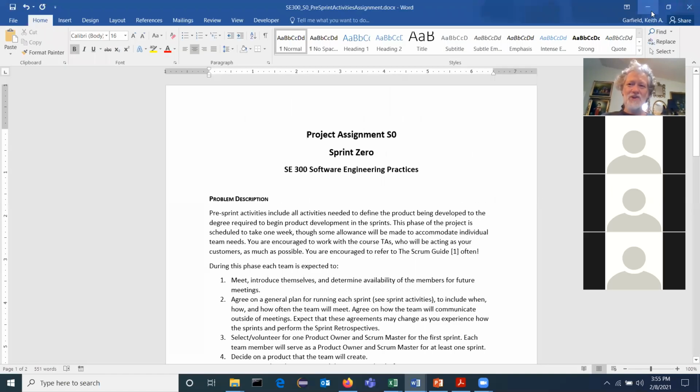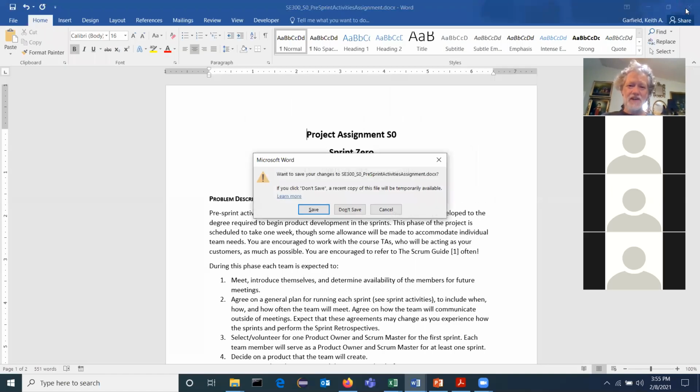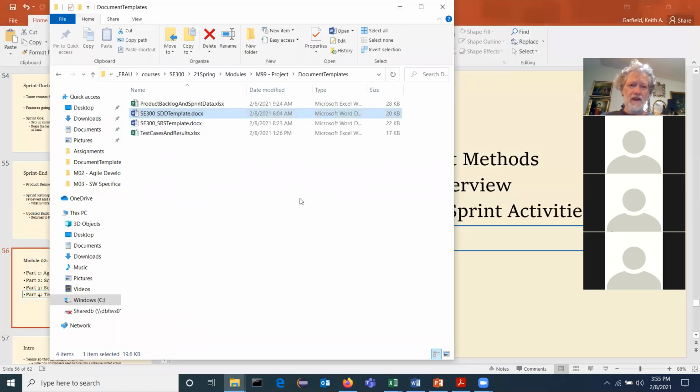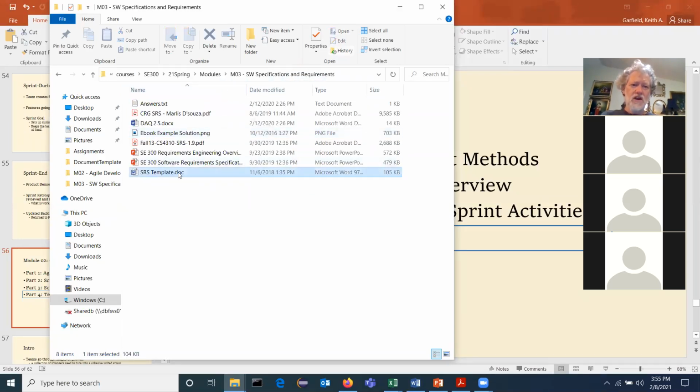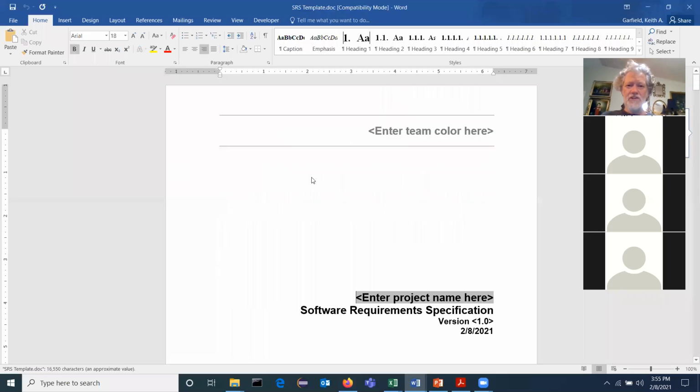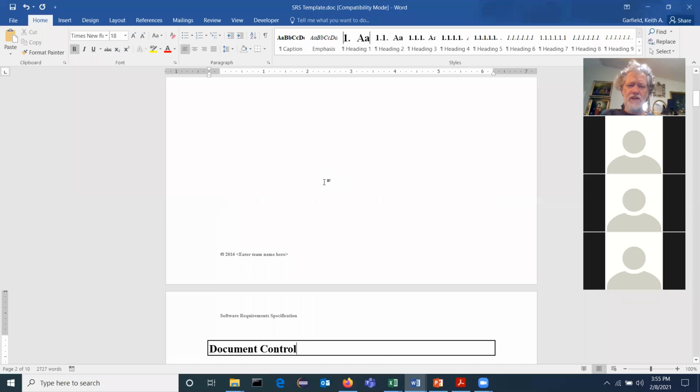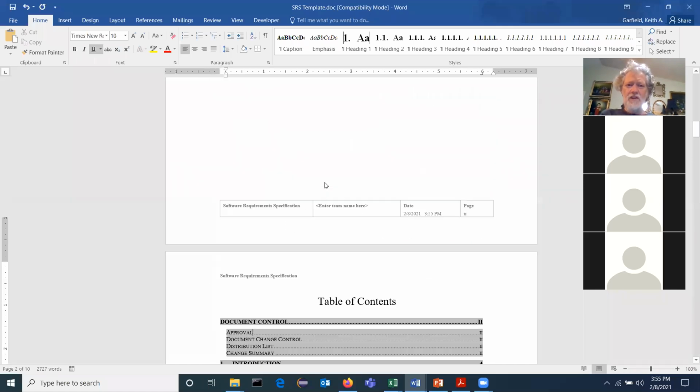For whether that's good or bad, you guys will have to decide. Okay, and then for the SRS template, I want to use, we'll talk about this next week. I'm going to use this. Now this is overkill. This is a template that came, I think, from IEEE, and it's a little bit of overkill, but,